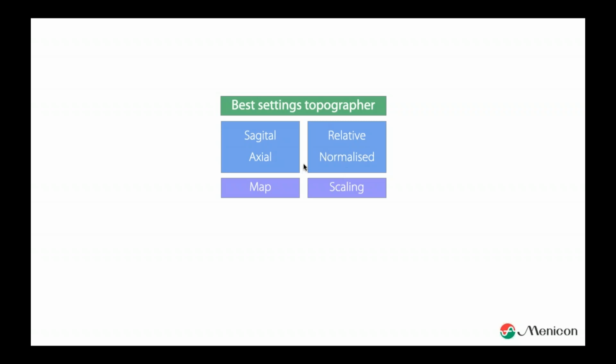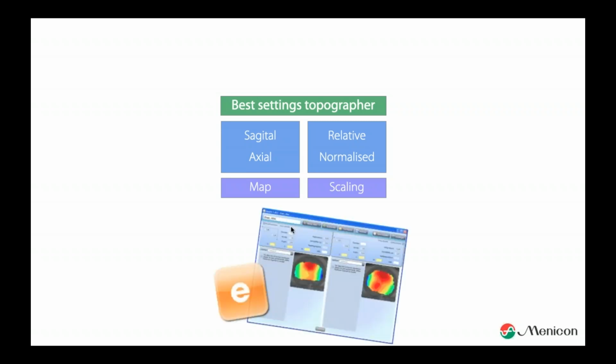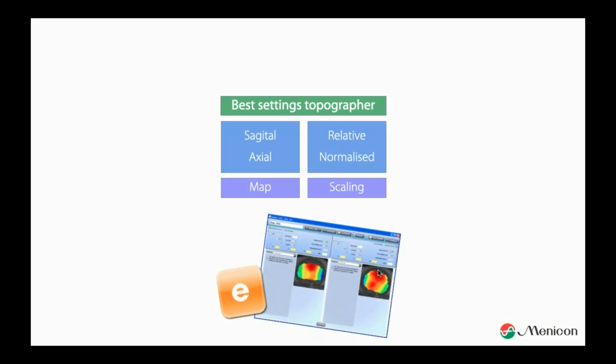But if you start in this, you have as much information as possible for yourself. These are the images we are using in EasyFit as well, our software. So if you see that your topography image is way off from what we show in EasyFit, probably it has something to do with your settings. Well, call your management subsidiary and ask them to help you solve that, and they can help you set the settings well in your topographer.